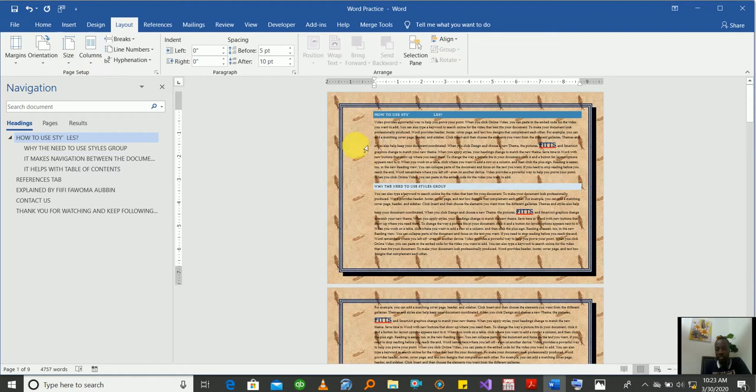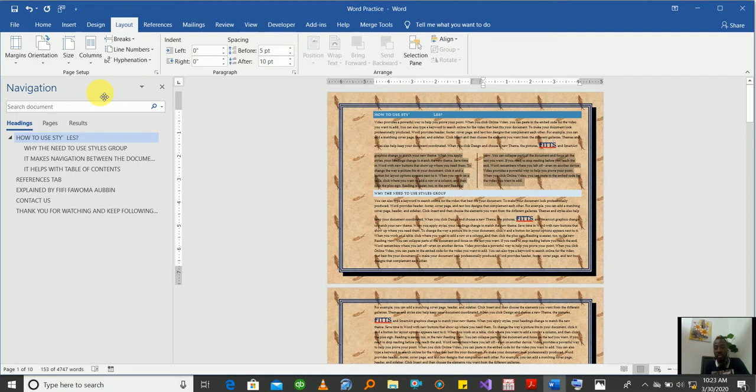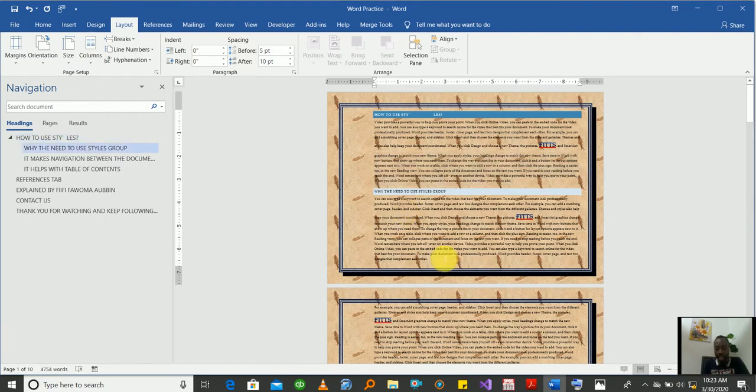So what if I don't want it to affect all the pages but just a portion? So I only select the portion I want, then I come to columns, then I select what? 2. So this time around it will not affect all the pages, but it only affects the selected portion. So I'll go back to 1. Then earlier